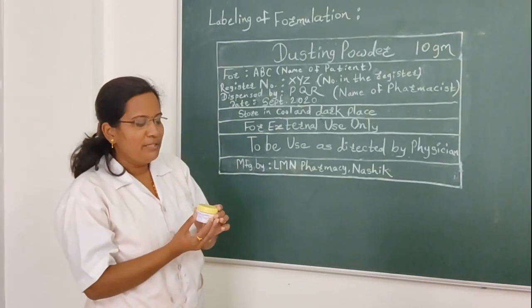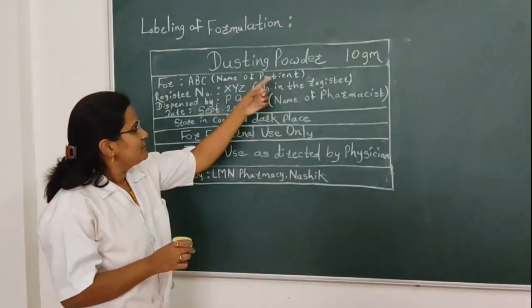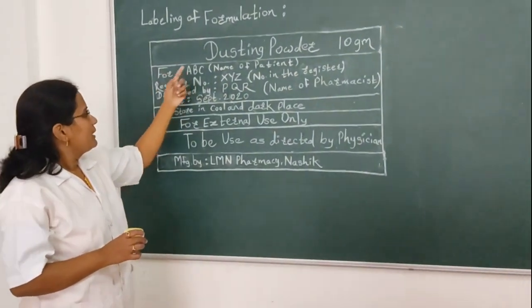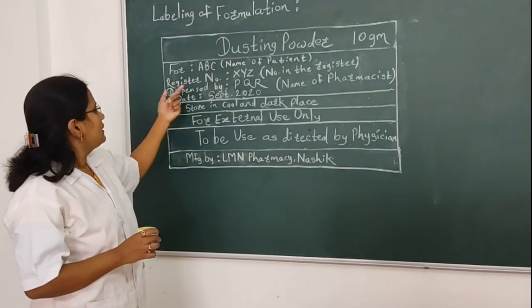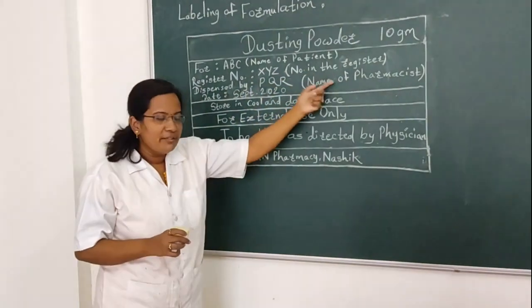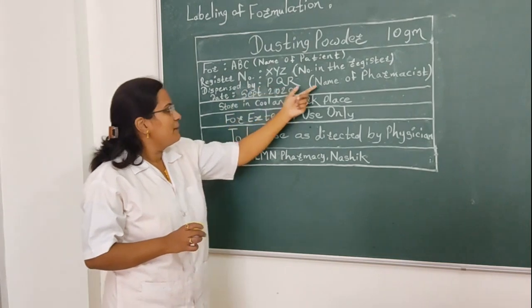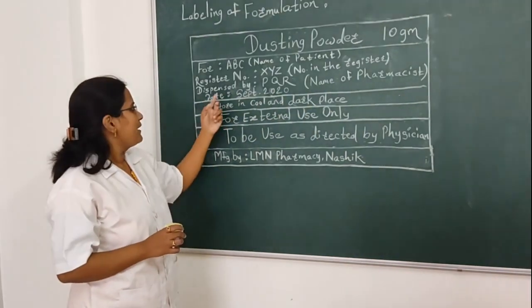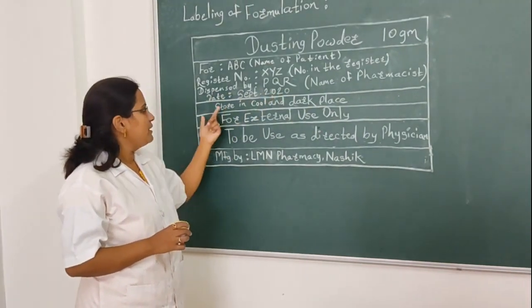Towards labeling of the formulation, we have: dusting powder 10 gram for ABC, that is the name of the patient; register number XYZ is the number given in the register; dispatched by PQR, that is the name of the pharmacist; manufacturing date is September 2020; storing